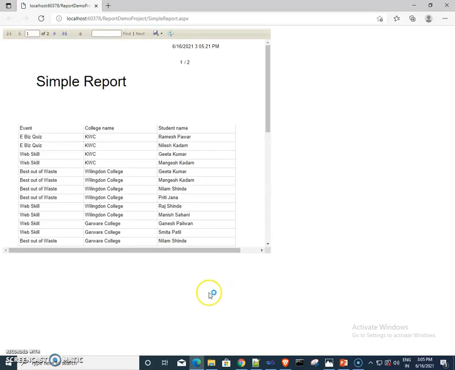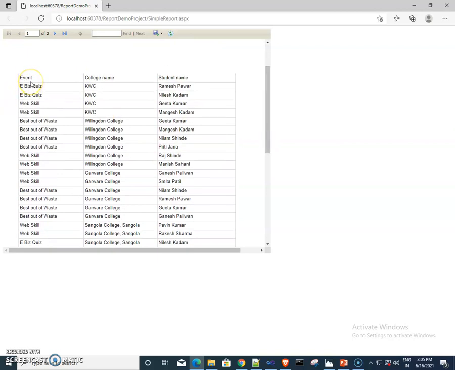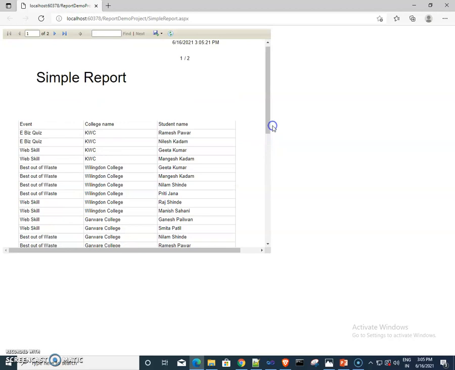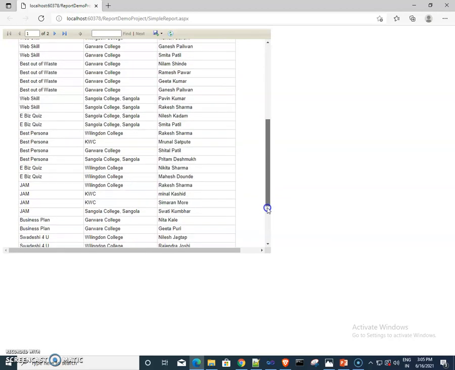Sometimes we want a parameterized report, means some data we need to filter. Like if I want to display the data of best out of west, or event wise we need to filter the data, or sometimes we want to filter the data college wise, means a particular college's data I want to display. Such a report we can create, that is called a parameterized report.